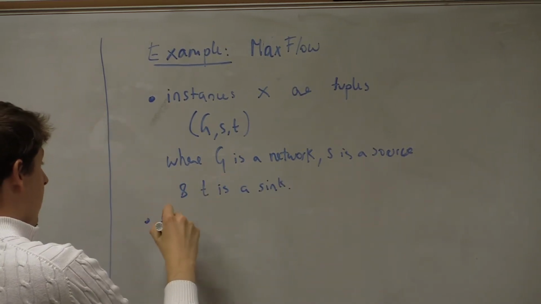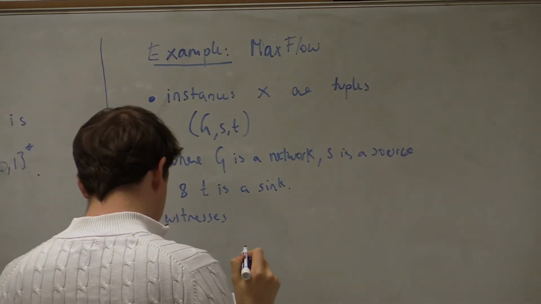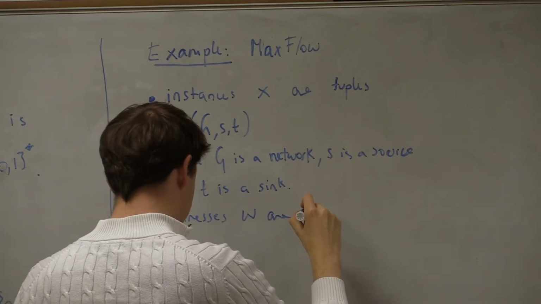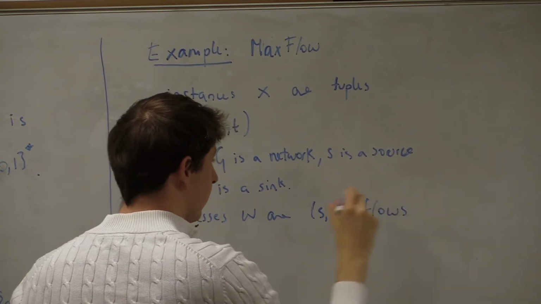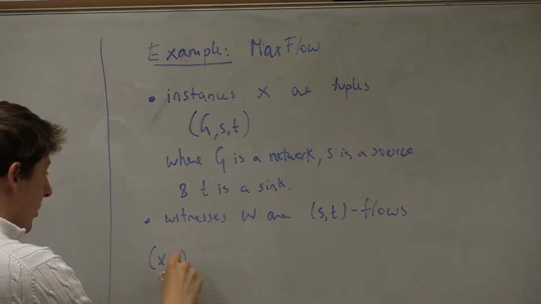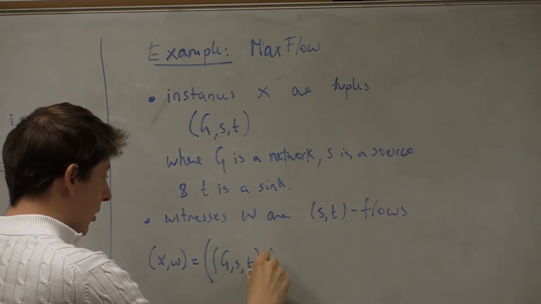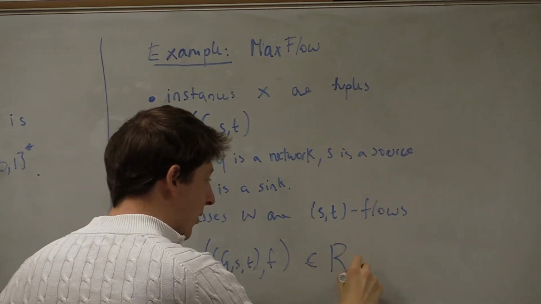Witnesses W are ST flows. And a particular x comma w, which is a (G, S, T) comma F, is in the relation max flow